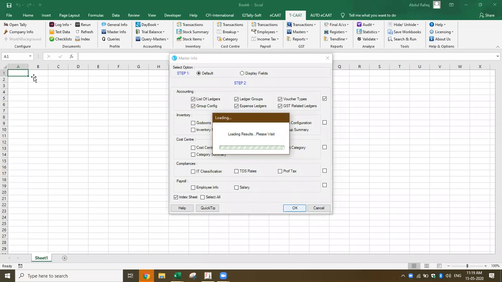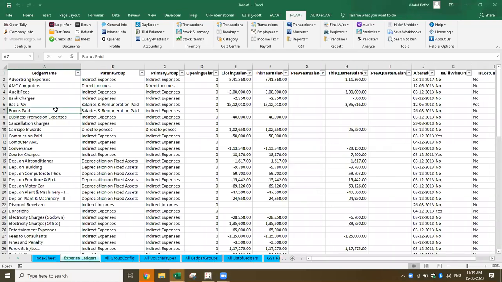Now if you see here, I want only the expense ledgers. This gives me all the expense ledgers in one shot, with the complete structure. For example, I want to know from the primary group, let's say indirect expenses, what are the ledgers? I can extract that information. I can filter. These are all the 4 types of expenses they have accounted. Now let's say I want to pick up only the direct expenses. I can pick up only the direct expenses here.